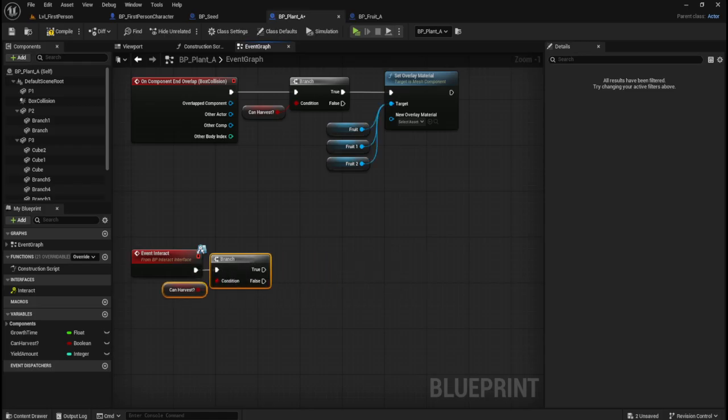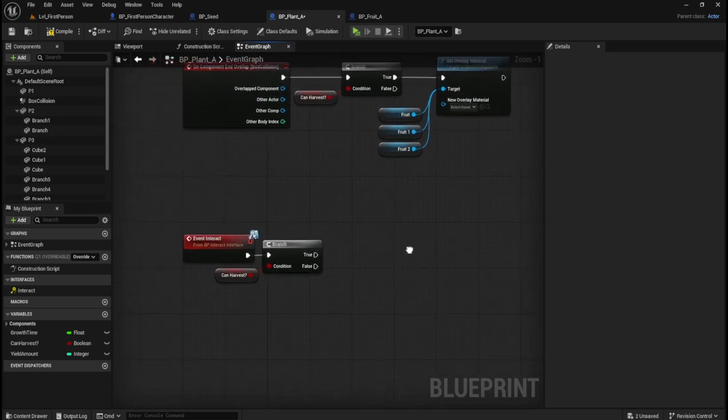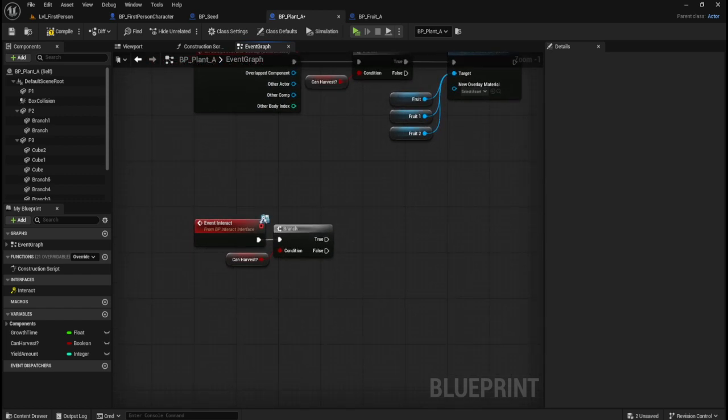The reason I was doing that was on the other project I was going into the variable of the player. Right, so we're saying, can the plant be harvested? If it can,